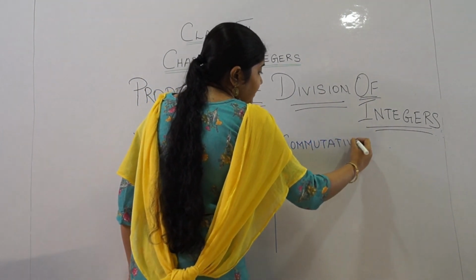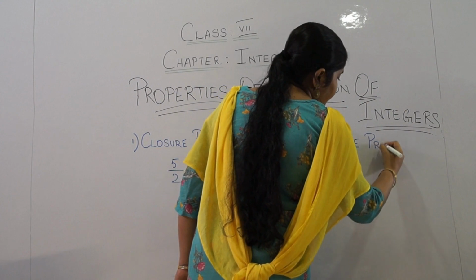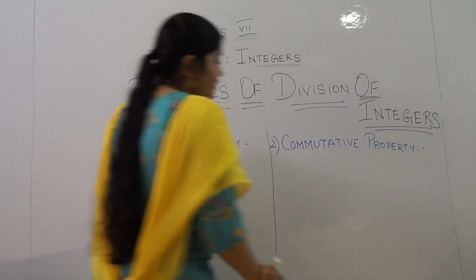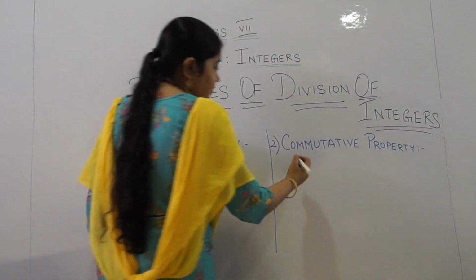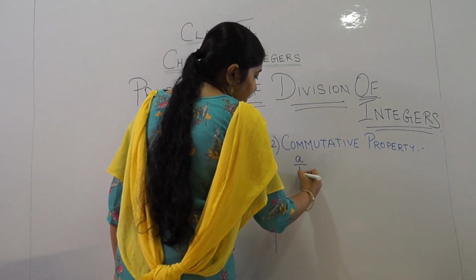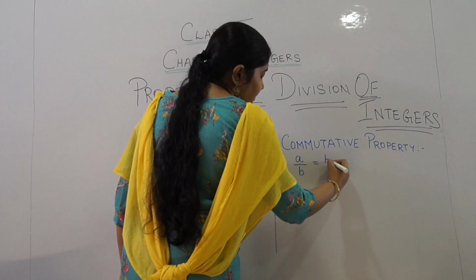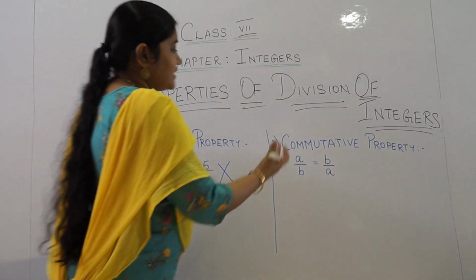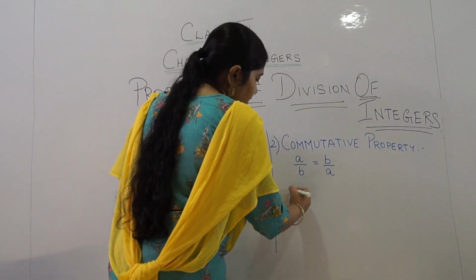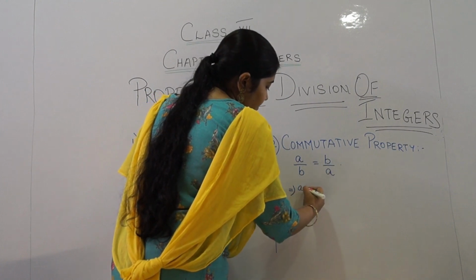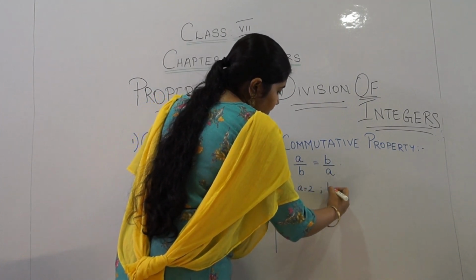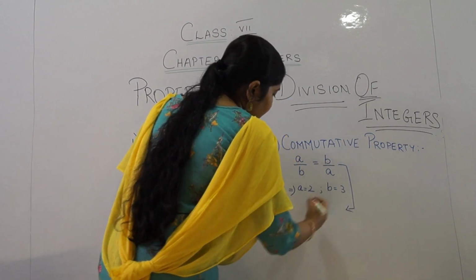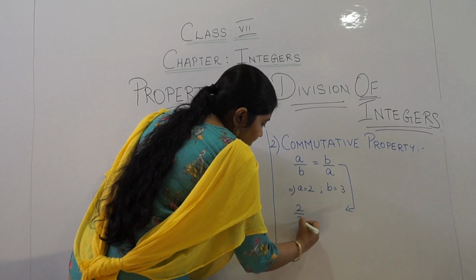So we all know that commutative property means, in division, when you have two integers, say a and b, a by b should be equal to b by a. This is the commutative property in division. Now let's assign values for a and b. So let a be equal to 2 and b be equal to 3. So a by b is nothing but 2 by 3,